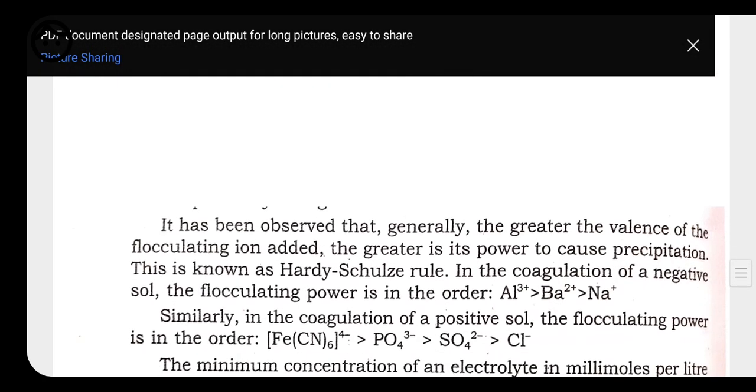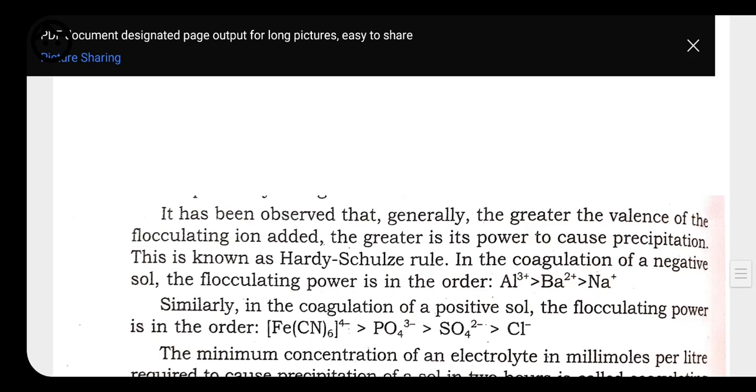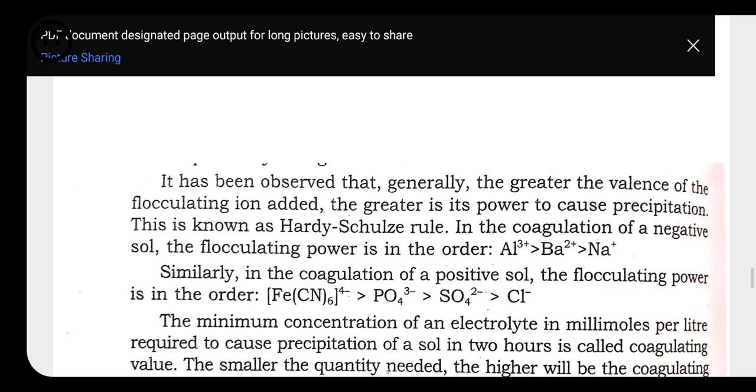These rules tell us how coagulation occurs. First, for this rule, the introduction of an electrolyte with opposite charge is a must for the coagulation process. Without an electrolyte, coagulation would not take place. Whenever we need to coagulate any substance in a colloidal solution, we have to add an excess of electrolyte. This is the first thing for coagulation.